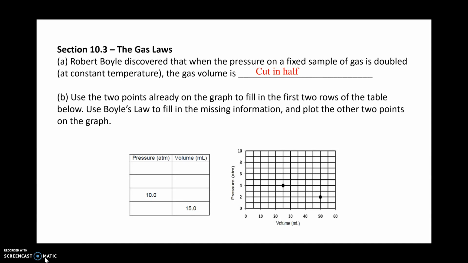And likewise, I can look at these two pieces of data that are already on the graph, and I can see when the volume is 50, my pressure is 2. When my volume is 25, my pressure is 4. And I can look at this data and I can read the other two data points. I plug in and I can see when I look at this data,